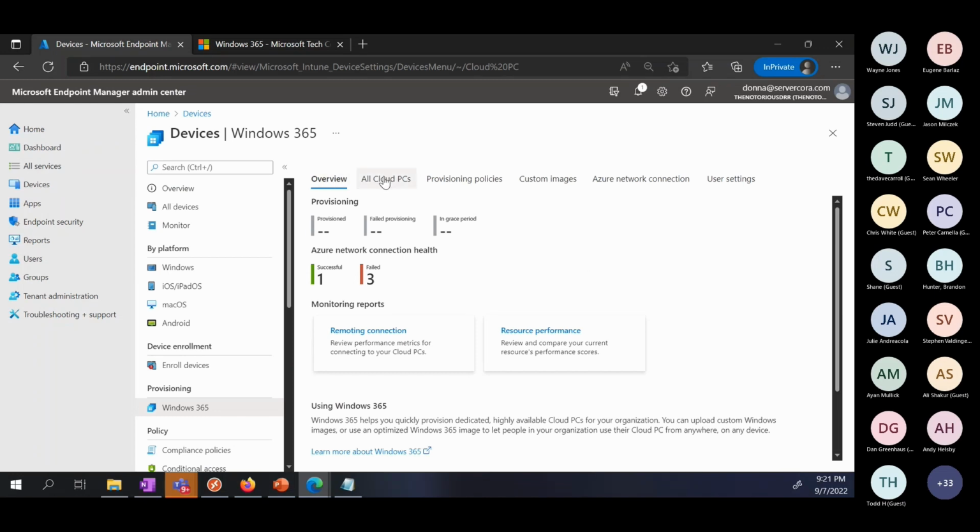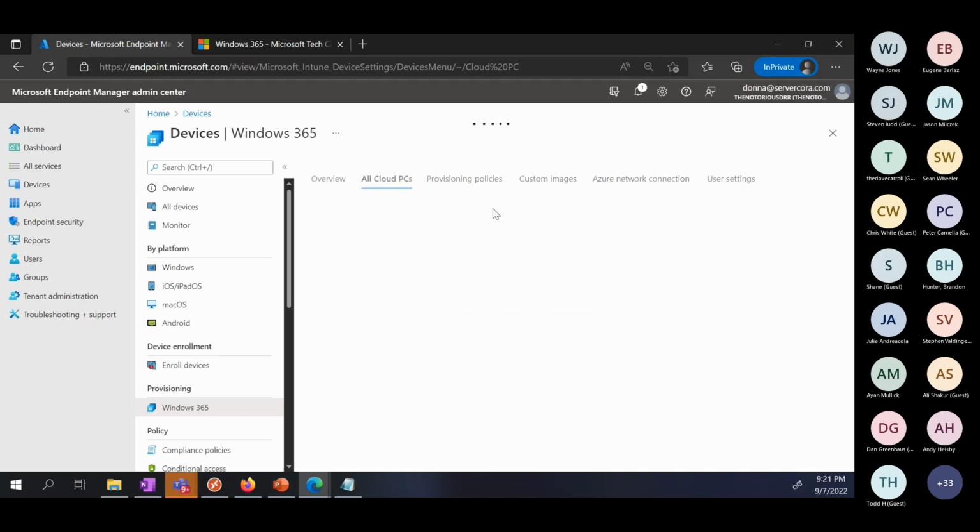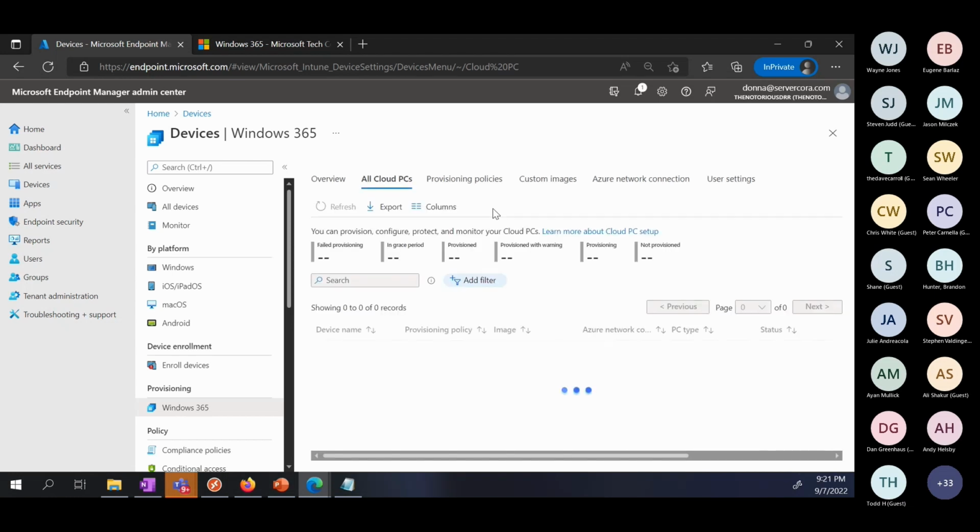But what we should see here, if it's not already started, once this data resolves, we'll see 2 cloud PCs that are already provisioned and Amelia's cloud PC being built. So again, the concept of we need 1,000 machines: dump the users into the group. System picks up and starts building them.